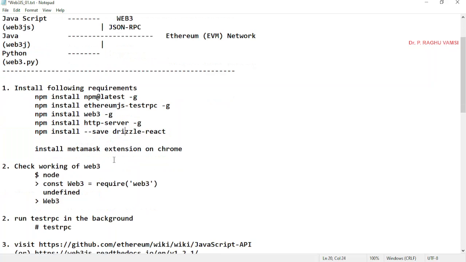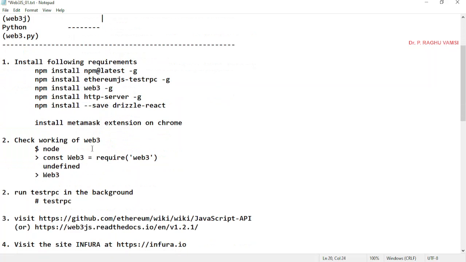And how to check it? Check the working of web3. Just type node on the command prompt, then const Web3 = require('web3'), where the W is capital. Whenever this statement has been typed, you will get an answer called undefined.